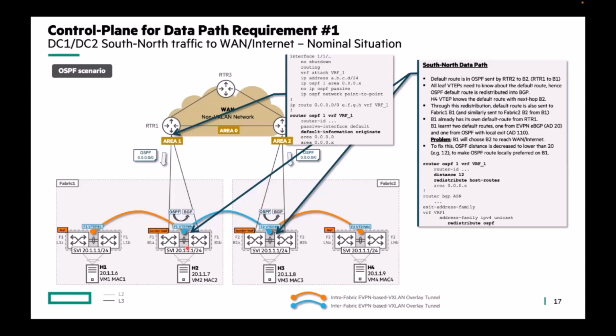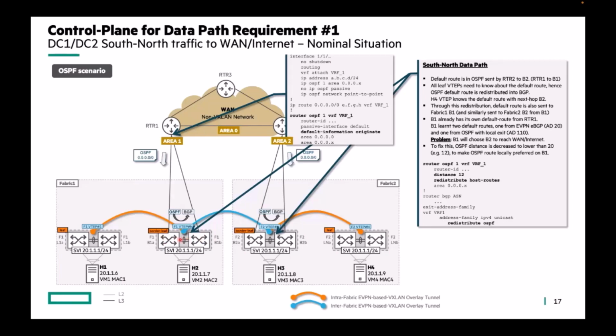So now border 1 would be pointing to the internet gateway, the default one, through the EBGP VPN to the other side of the DC, and then go to the other router, which is not the ideal situation. It should go locally to its own WAN router, right? To fix this, the OSPF distance is decreased to lower than 20, which is the EBGP AD value. In our entire setup and the demo, we would be using the distance as 12,